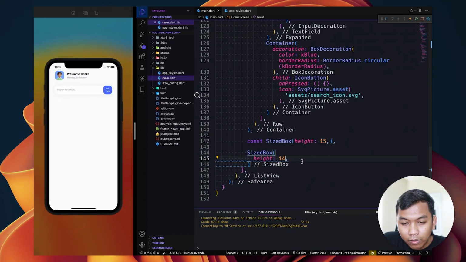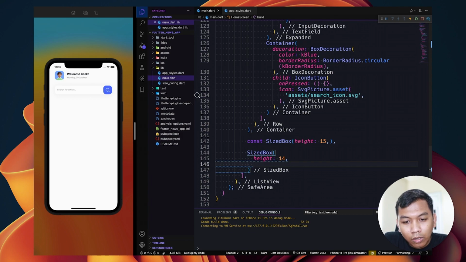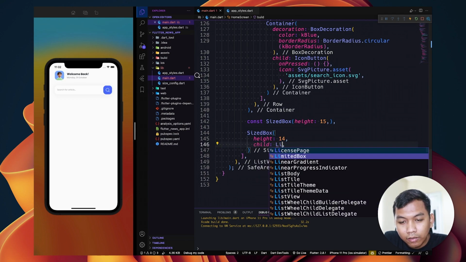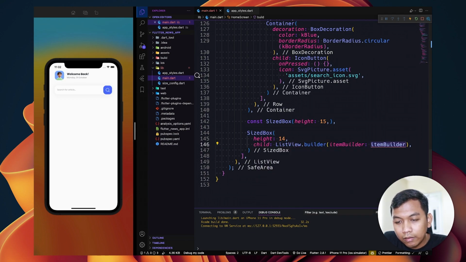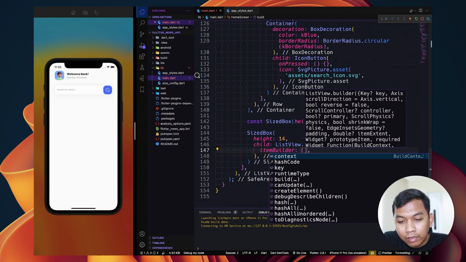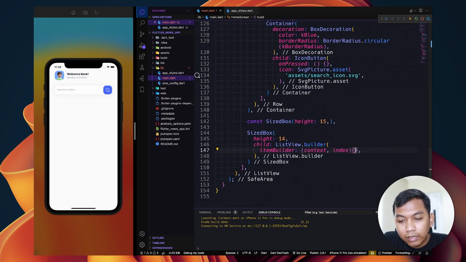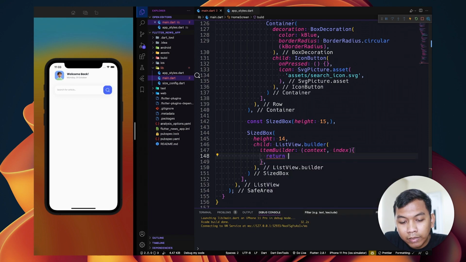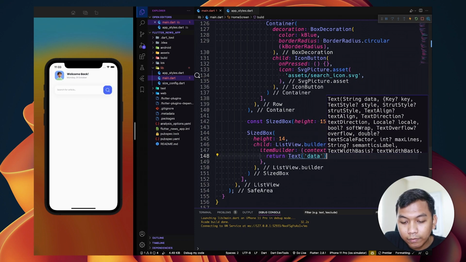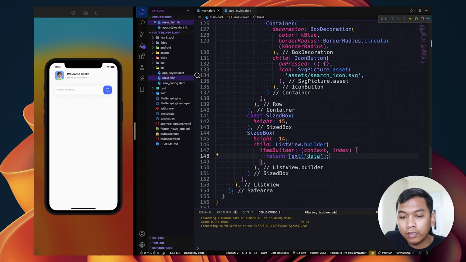So the size box will wrap our horizontal list view builder, and list view builder should have item builder that contain context and index, and inside this we need to return something, which is for now we need to return text widget. This is the required parameter item builder.